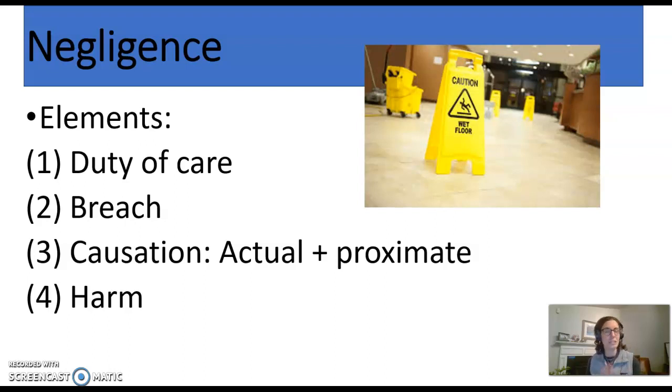The word negligence clearly means something different. In fact, a lot of us use this word in our everyday language. We say, well, that was being negligent. So what is it that we mean by negligent conduct? Negligent conduct, I think to most of us, means when someone doesn't act the way that they're supposed to act, they're being negligent. So what I'm going to focus on here is the elements of negligence.